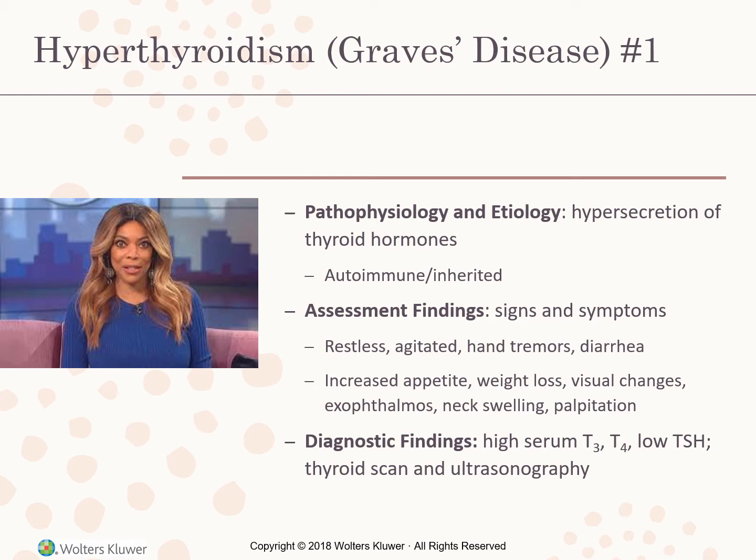It can also result from stress or infection, and the metabolic rate increases because of the oversecretion of the thyroid hormones thyroxine and triiodothyronine. So thyroxine is known as T4 and triiodothyronine is T3. So both T4 and T3 increase the metabolic rate, and hyperthyroidism is actually more common in women than it is in men. And so in knowing all this information, when we assess, symptoms can vary from mild to